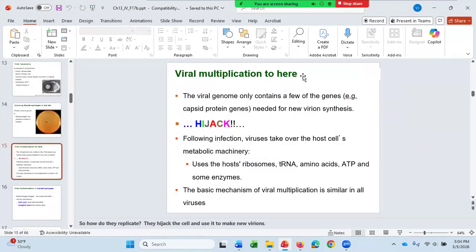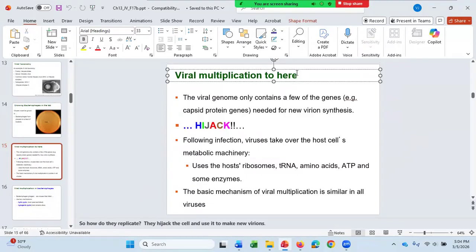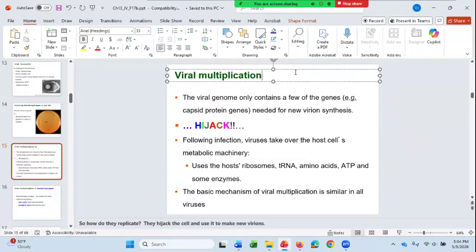All right, I have that we were on this slide and we mentioned that viruses multiply by hijacking a host cell and then using the host cell to replicate the virus. Almost everything the virus needs, except for maybe a few enzymes and the genes encoded by the virus to make the protein coat, everything that the virus uses to replicate comes from the host cell. Very few things actually come from the virus.